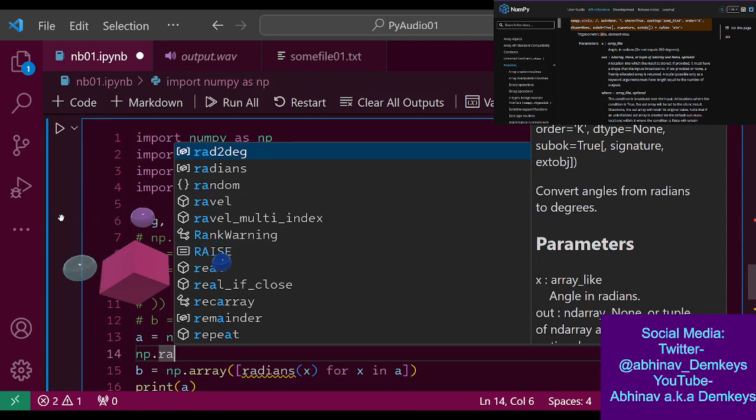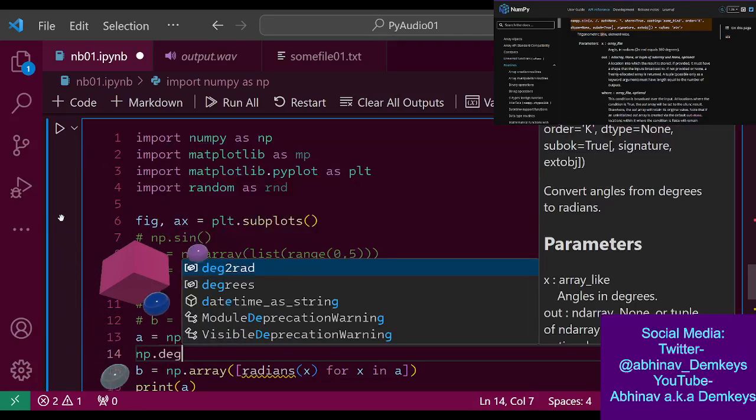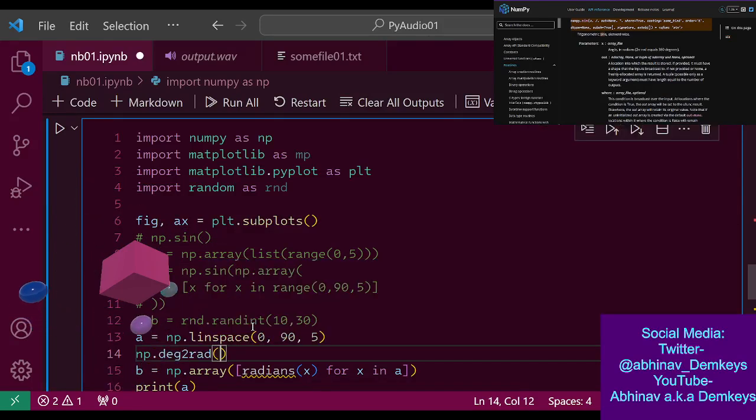Converts angles from radians to degrees, and this converts angles from degrees to radians. So they just had a bad naming scheme. Is that it? No, it's not. What is the difference here? Okay, let's Google this. So radians versus rad to deg. Both functions do exactly the same thing, but degrees to radians is a more descriptive name. All right, okay, cool. So that's what I'm looking for, degrees to radians.